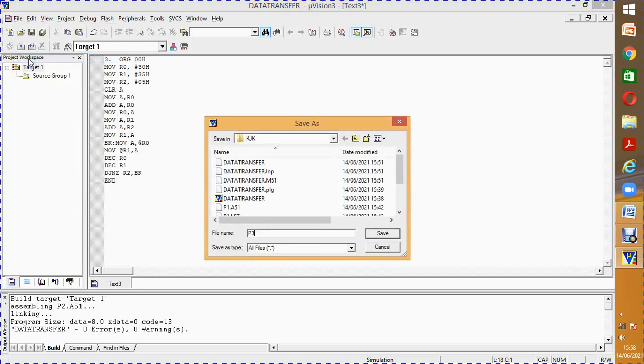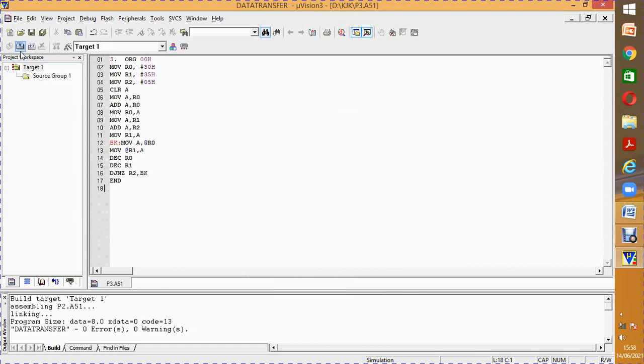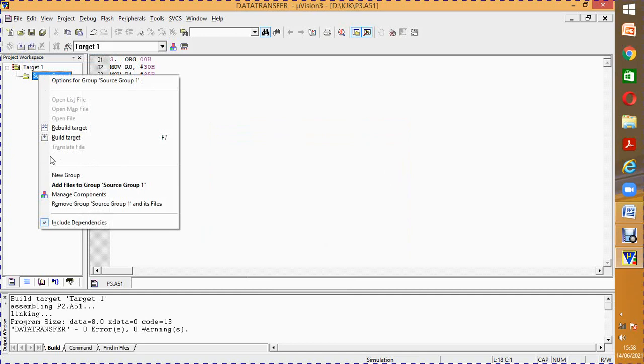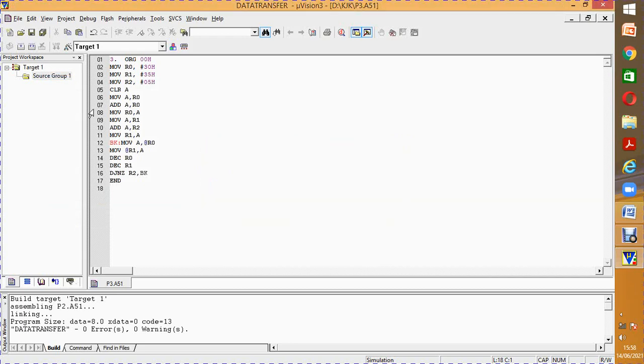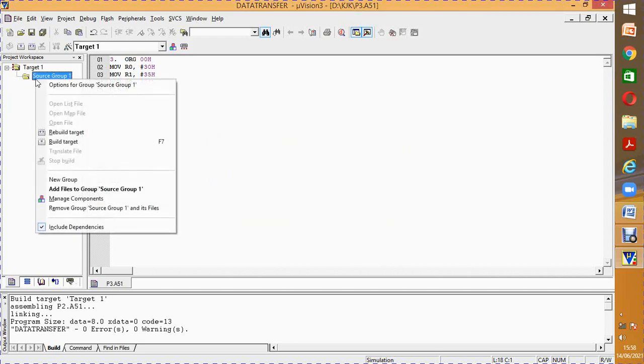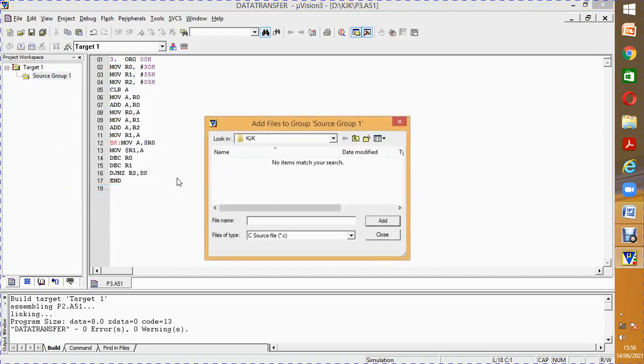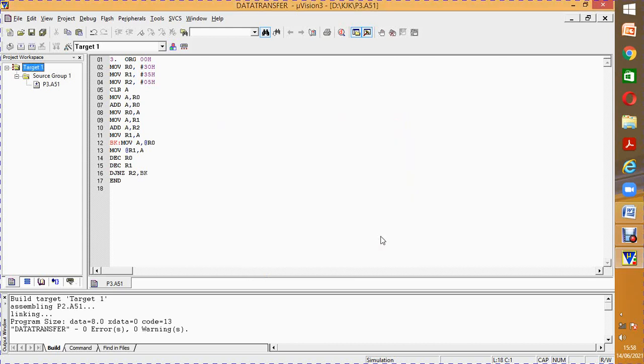with the name p3.a51. Attach this to the project file by doing the same procedure, and just add files to Source Group 1. So here make the change to ASM and select P3, close it, and directly use the button F7 to see the